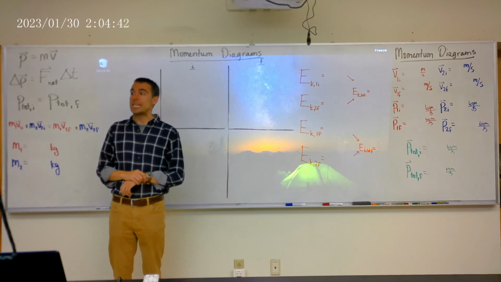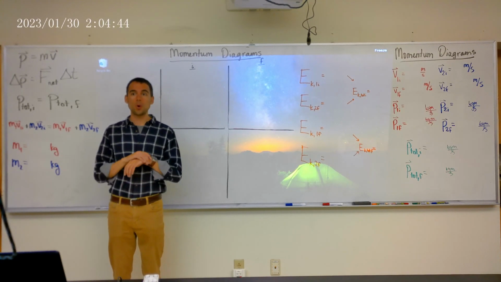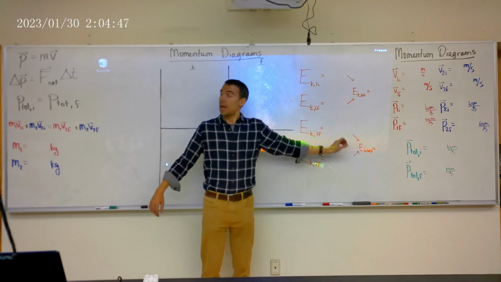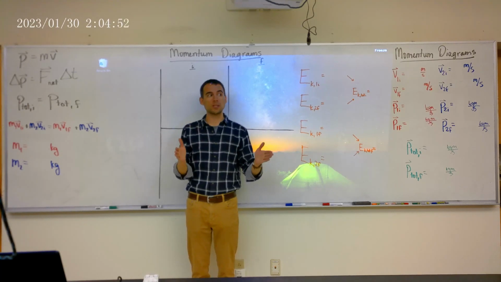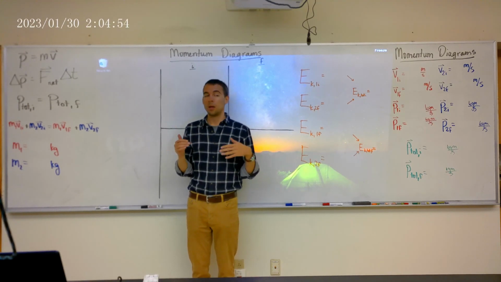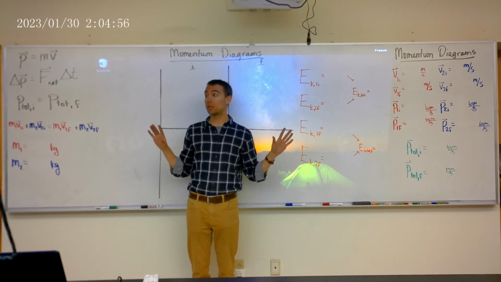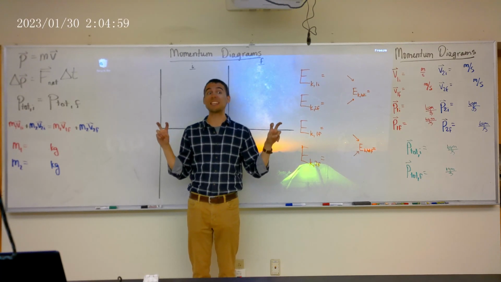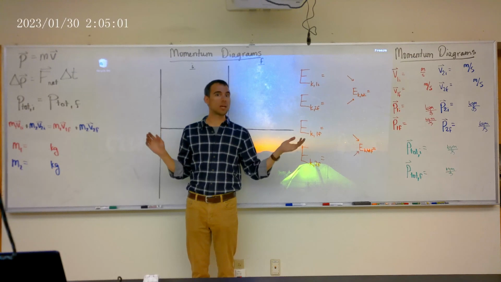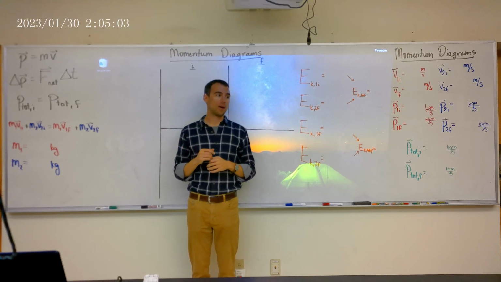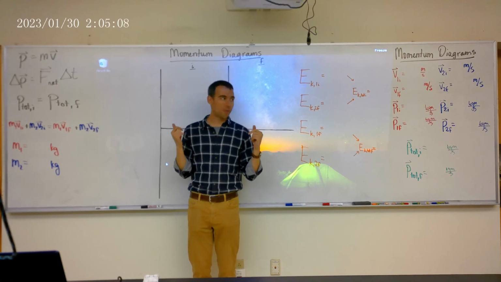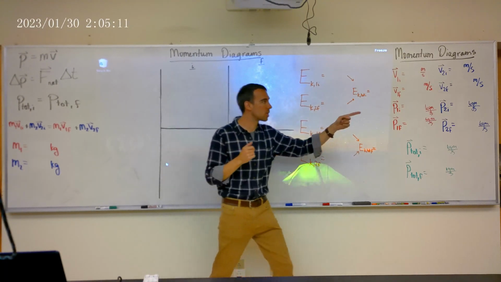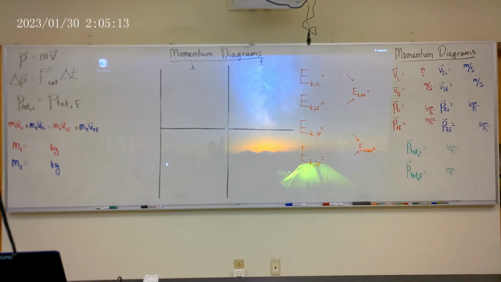This was an elastic collision, which means that both energy and momentum are conserved. When objects bounce off of each other, we consider it an elastic collision. But in reality, no collision in the entire world is ever perfectly elastic. Even the tiniest objects bouncing off, like a bouncy ball, is never a perfectly elastic collision. But we should have found that our energies are relatively close. I think this group has some pretty good numbers, 0.056 and 0.056. That's pretty